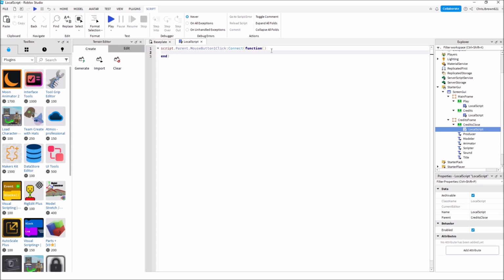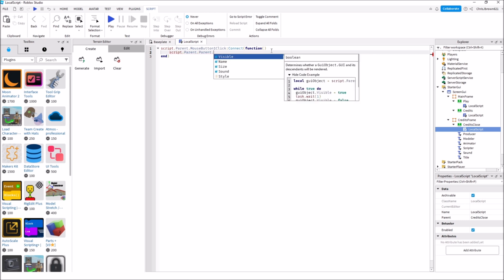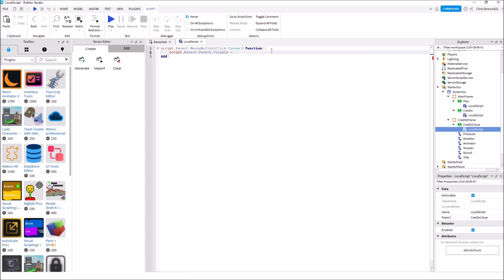We just need to drop down to the next line. Script lowercase dot double parent. Woot if you got two parents at home. There you go. Equals, space before, space after, and then we go lowercase false. All right, so we need our if statement again, like in the other ones. If not yet,